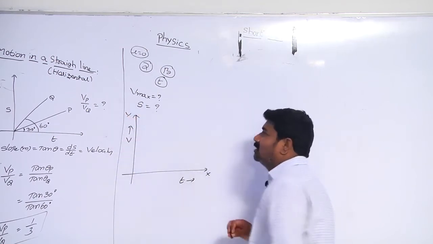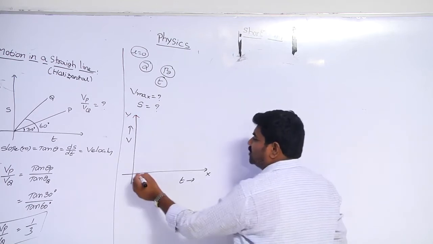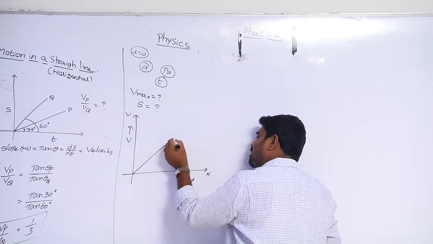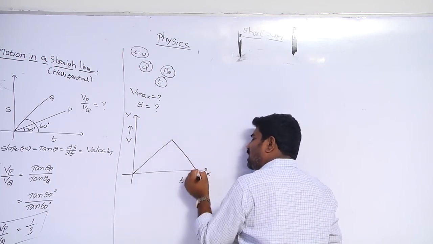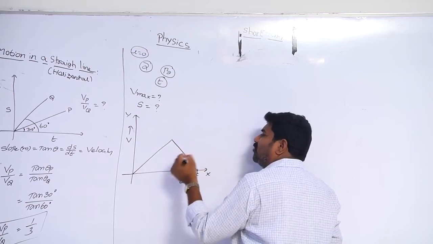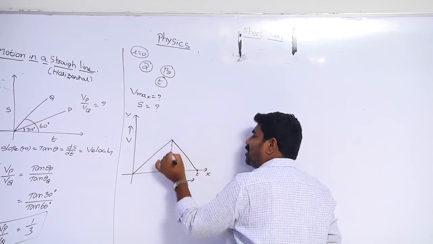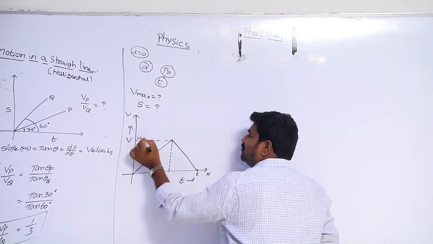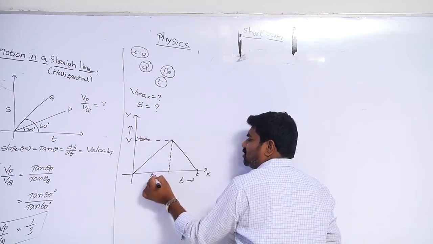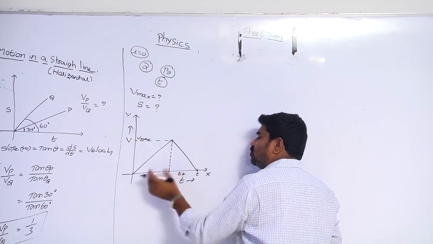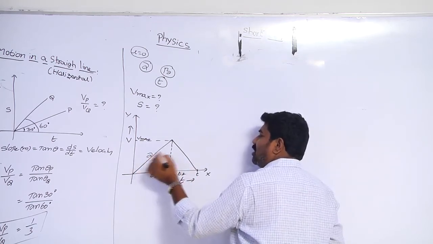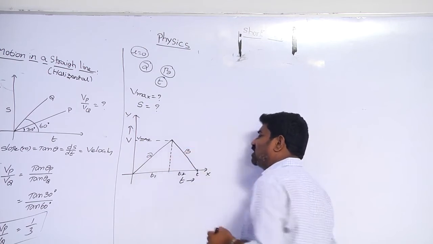X-axis and y-axis. Here given that it starts from rest, accelerates some time, and decelerates some time. Total time is t. Then what is the maximum velocity? Here this is nothing but the maximum velocity. For example, this is the time t1, this is the time t2, total time is nothing but t. It accelerates with alpha, and deceleration is nothing but beta.